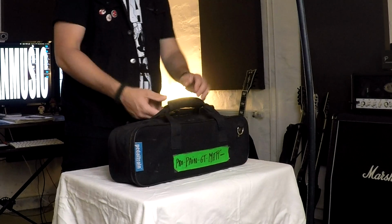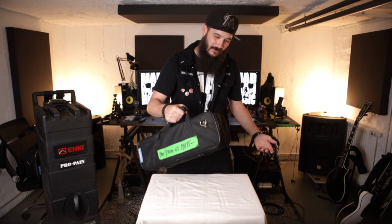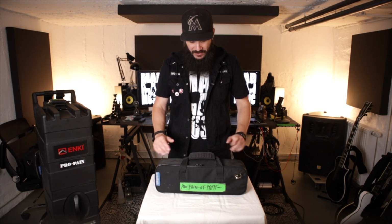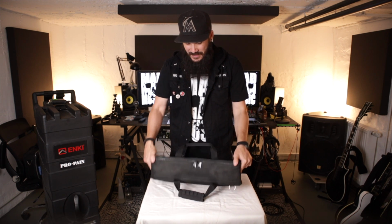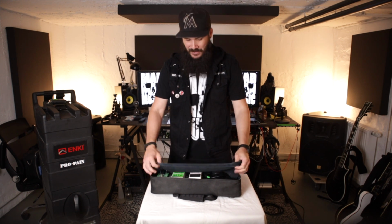It's got a nice grip that when you put the two handles together, they Velcro together with a nice little grip. All this stuff, really nice. It actually comes with a strap. I guess if you wanted to, you could strap it over your shoulder and walk around with your pedal board. I took the strap off because it doesn't really do any good for me. So that's all right. But when we break this guy open and we open this up, nice big heavy duty zippers, awesome. So let's open it up, and right off the bat, the first thing we've got is